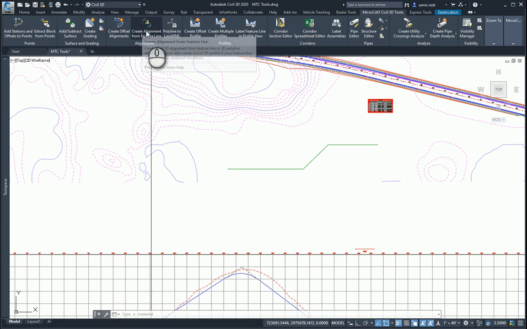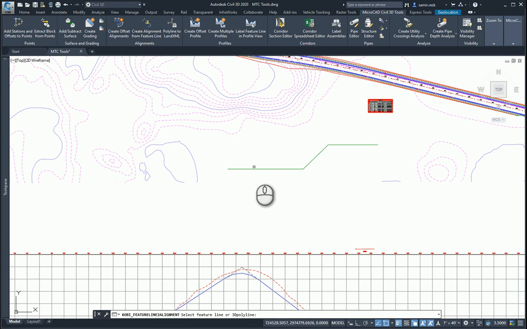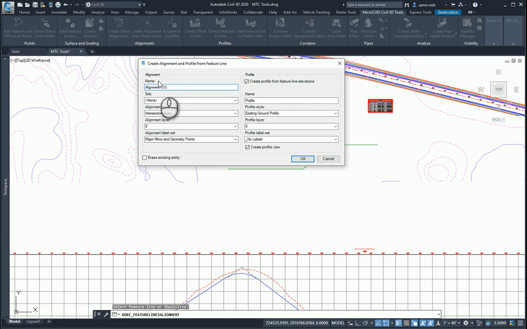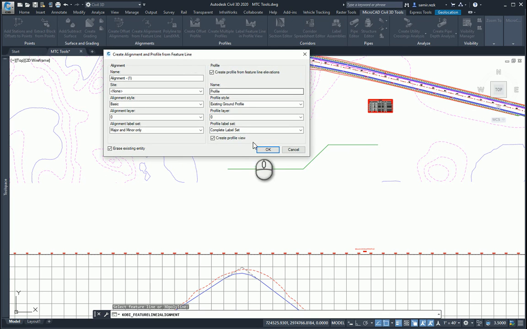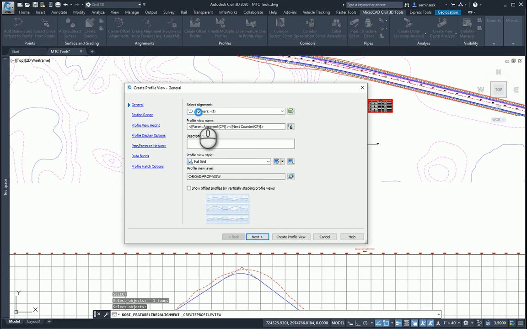I will run the create alignment from feature line command, select my feature line, give it a name, give it a site if applicable, probably give it a style, a layer, a label set to use. Most importantly though, we want to create a profile, give the profile a name, a proper style, a proper layer, a label set if applicable. And I would like to create a profile view and erase the existing feature line. Hit OK, and I get the interface to create a